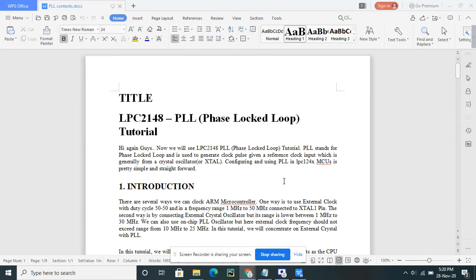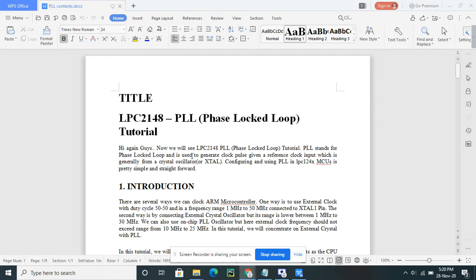The thing is, we can provide a frequency of up to 60 megahertz by using the phase locked loop circuitry. We will have the 12 megahertz frequency, but we can generate a maximum of 60 megahertz for the CPU clock and for the peripheral clock.